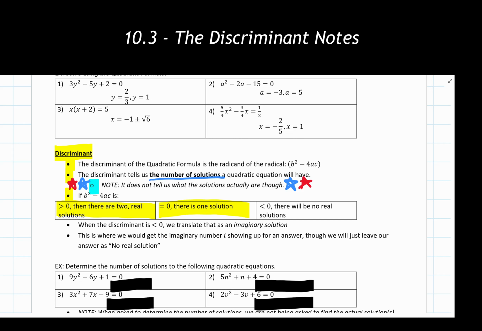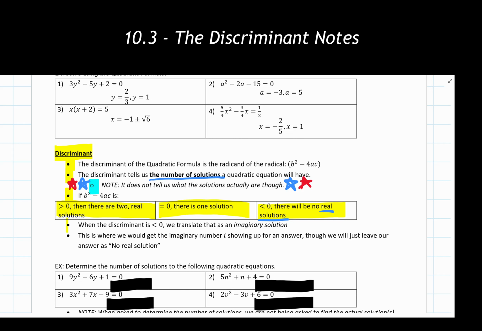And if I have a discriminant that is less than 0, then I'm going to have no real solutions. This sometimes gets worded instead as two imaginary solutions, so you'd bring in the i value. It depends on the instructor and the problem you are working with. Make sure you're checking if they're asking for real solutions or imaginary/complex solutions, and you're answering accordingly.